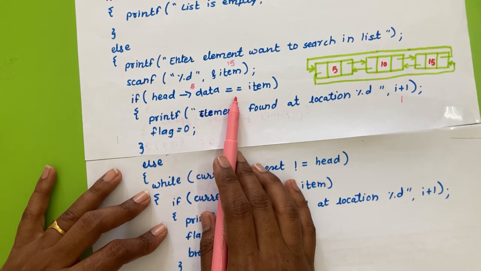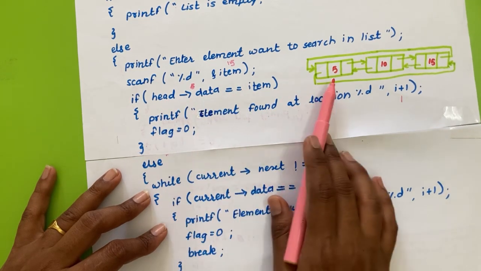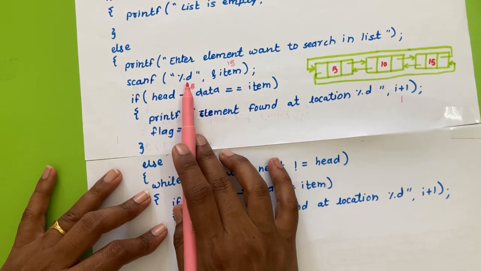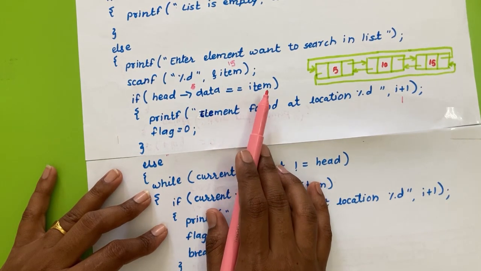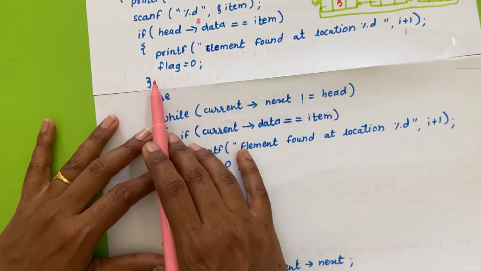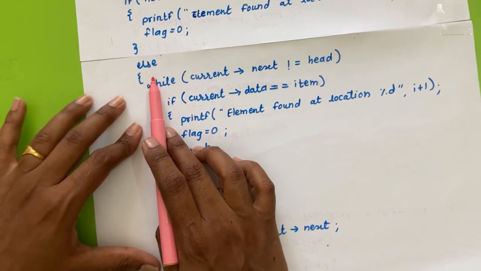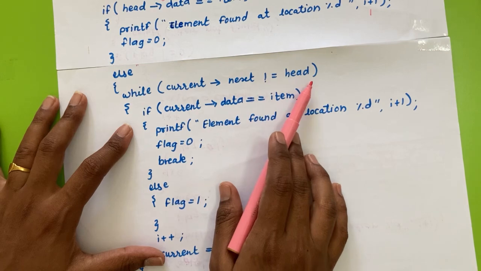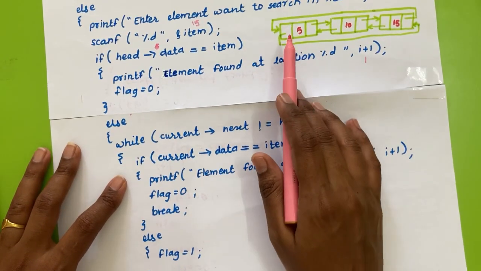This condition will not be satisfied because the value of head is 5 and the element entered by the user is now 15. Okay, so 5 is not equal to 15, so it will come out of this if condition. Okay, so now the else part. So in else, while current next is not equal to head,